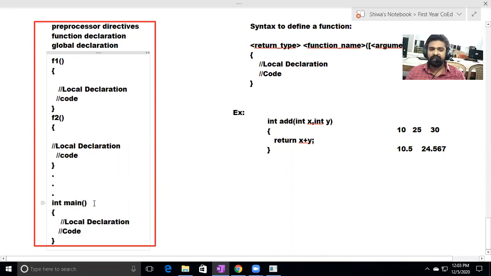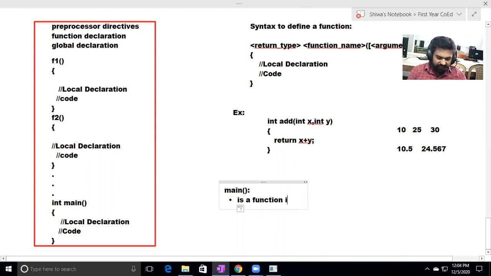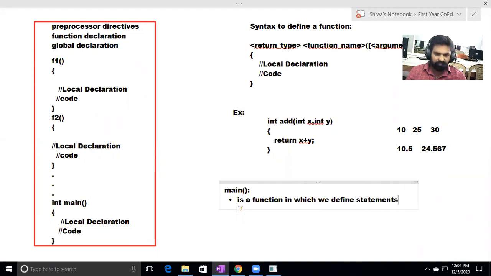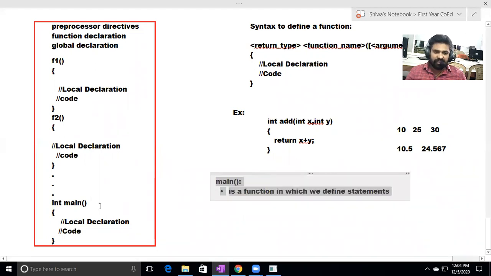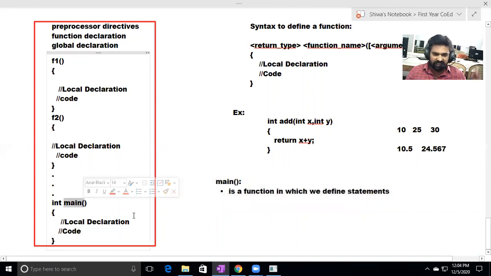What is main? This main is the entry point of the program. Main is a function in which we can define some statements. Every program execution starts from main, and those statements will get executed.